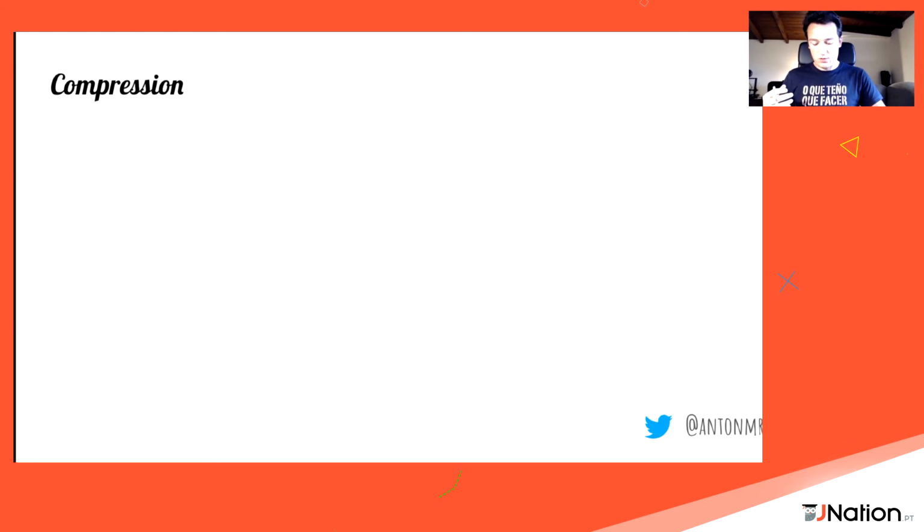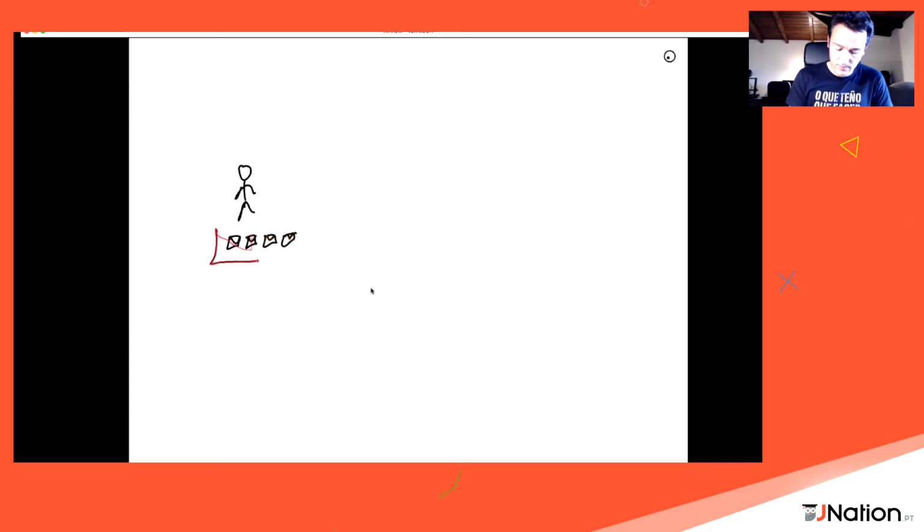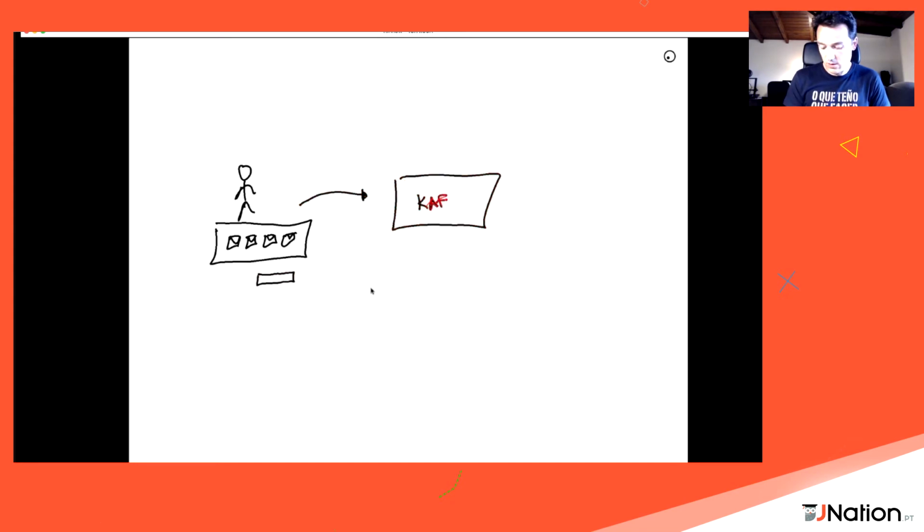So if we take a look at our previous scenario, we write another one. What we do is our producer is putting several messages together. So we have all the small messages together. We put them together in something we call a batch, and we compress that batch, making it smaller. Now we send that batch to Kafka or to Pulsar or to whatever service.